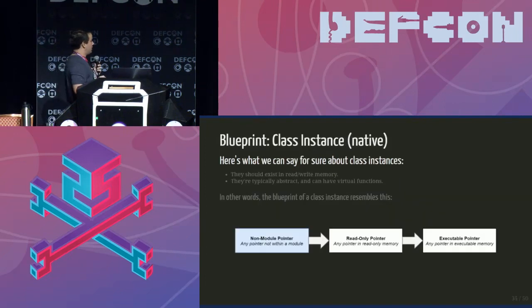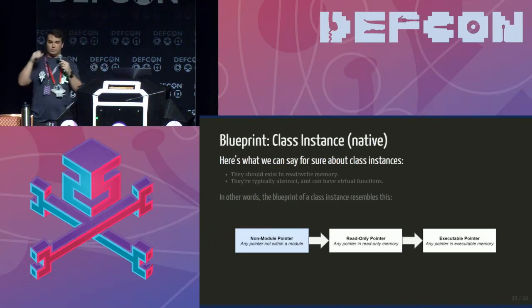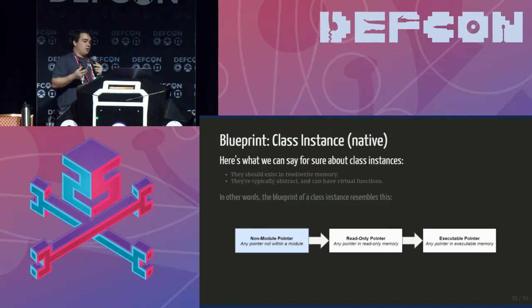So we're going to talk about class instances, because this is the most simple example of data structure detection, because really a class instance is just a data structure. The assertions we have to make here are that we're talking about abstract classes where there's a virtual function table as a first member of the class, and that's basically it. So if we want to find a class like this,